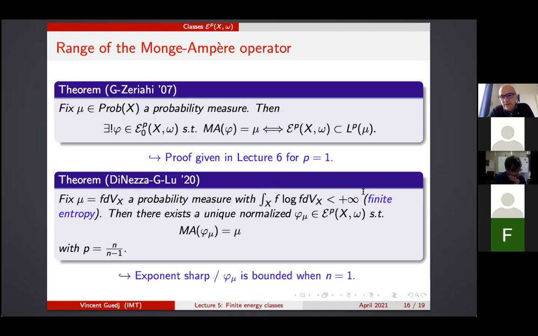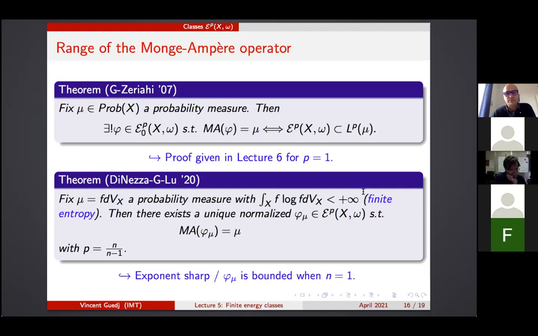arises. It turns out that in complex dimension 1, finite entropy measures have bounded Monge-Ampère potentials. So the statement is correct, but actually one can be more precise. In dimension 1, finite entropy implies bounded potential. But in dimension greater or equal than 2, this is no longer the case. You can take a measure with finite entropy. Then you have a unique finite energy potential, but this finite energy potential is usually not bounded. And this is important in various ways for applications